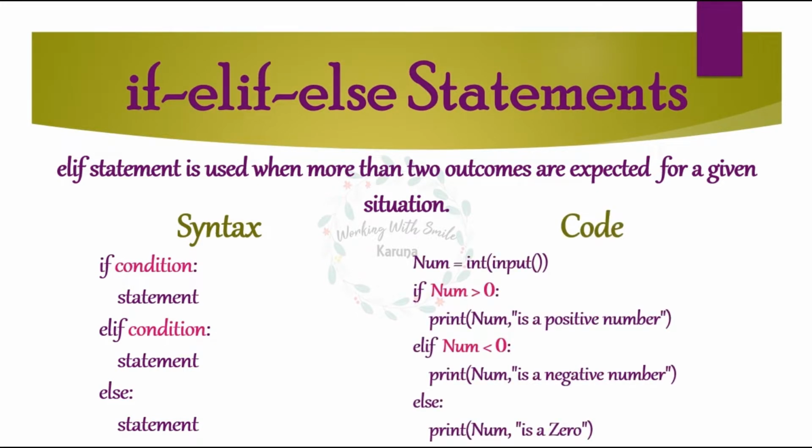The code here checks a number for a positive, negative, or zero number. So I've written the first condition: if my number is greater than 0, then obviously it is a positive number. But if the condition of if becomes false, then it will move to the elif part. That means the number will be checked for the condition num less than 0. If this condition is true, then the number is a negative number and the output is printed on the screen accordingly. But if this condition becomes false, then it will go to the else part written at the bottom, which gets executed when all the conditions written above are false, and therefore the number will be 0.